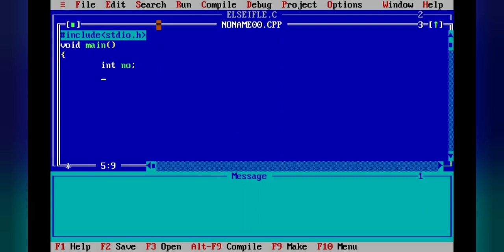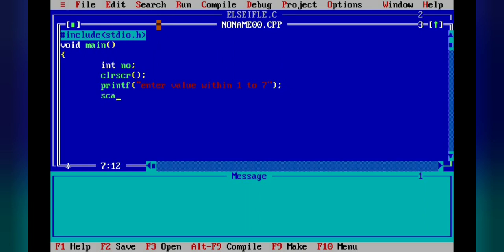So that number value I am getting from the user, and first we will write clrscr, and I will give the message to the user that they should enter a value within 1 to 7. Enter value within 1 to 7, bracket over, semicolon.